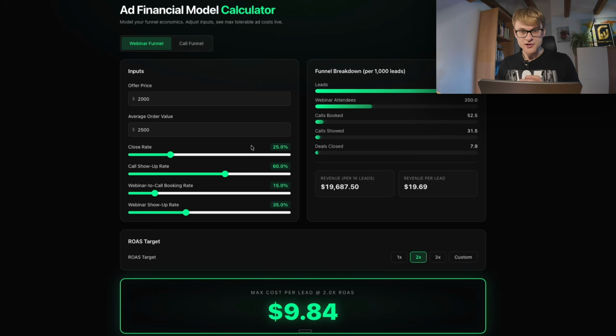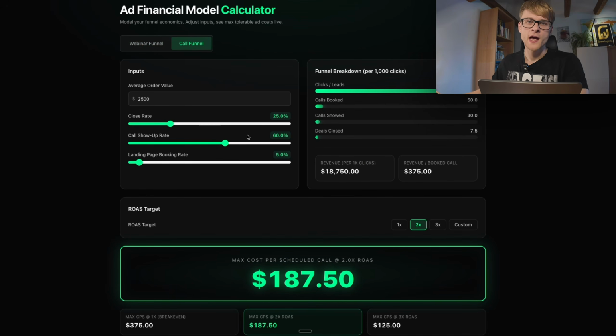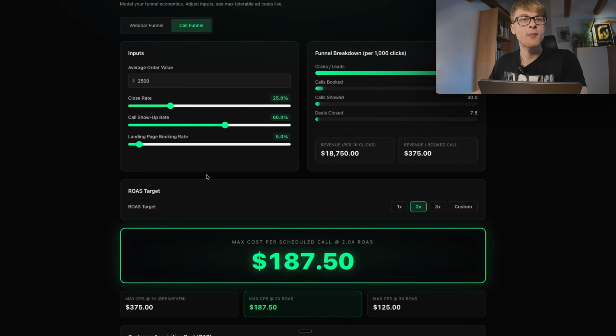So look, when scaling, you should never, ever rely on guesswork, which is why we build out something like a financial model calculator. This one is literally built with Claude Code, nothing even Lovable, but essentially you can just build this out, okay? And this helps you so much. You're just going to plug in your average data that you currently have from ad campaigns or even from organic. Obviously, with cold, it's going to be a bit different, but just launch one campaign, launch two campaigns,